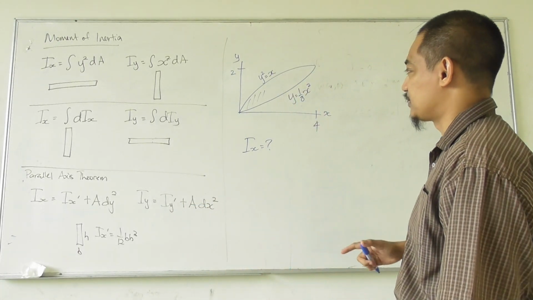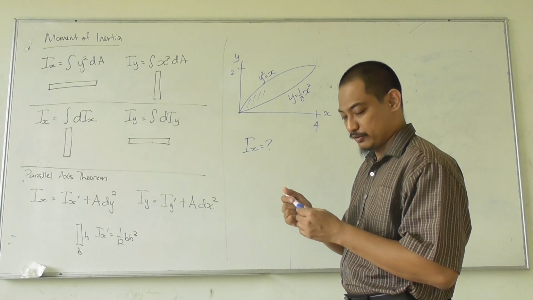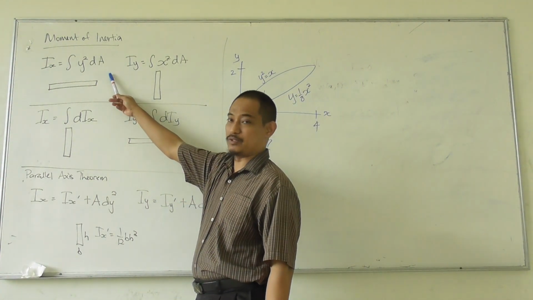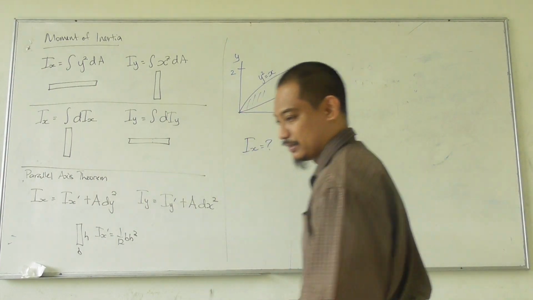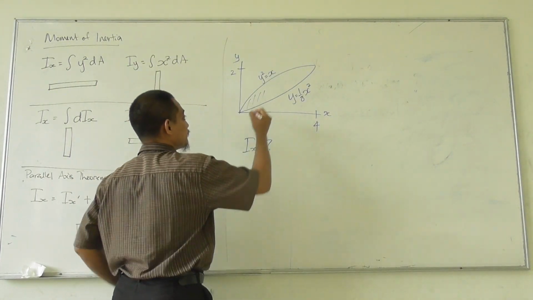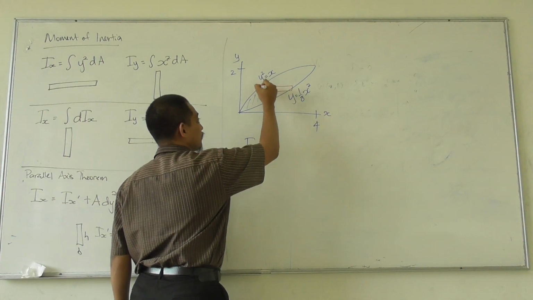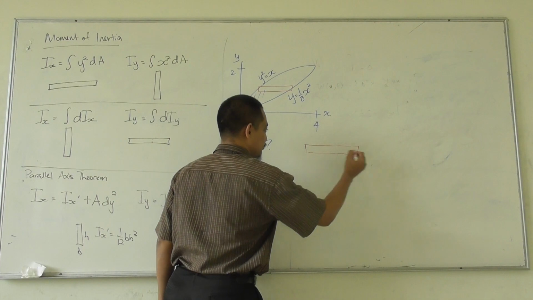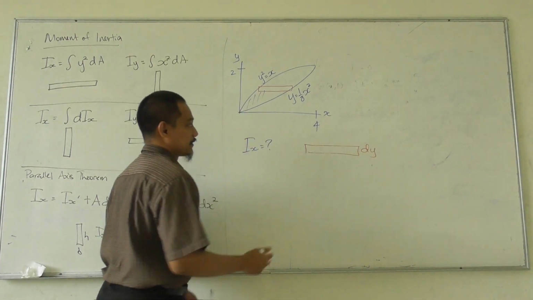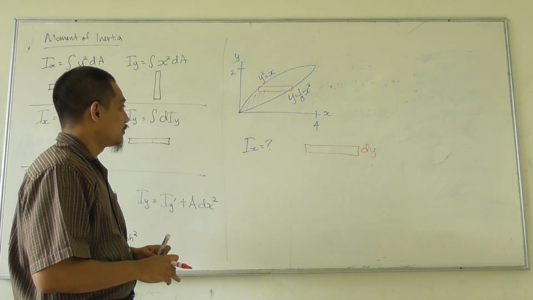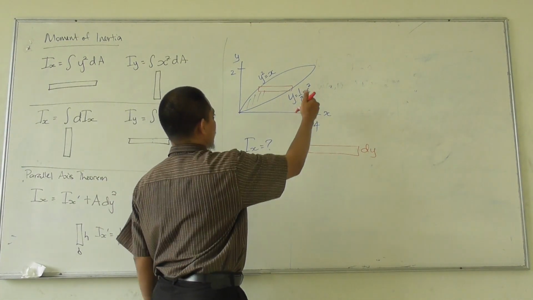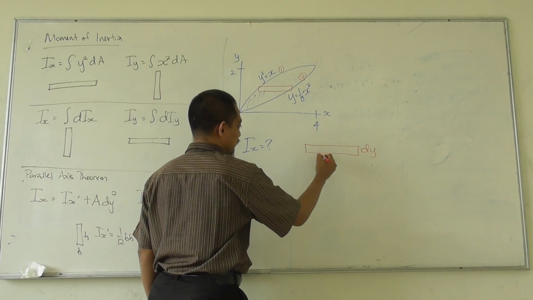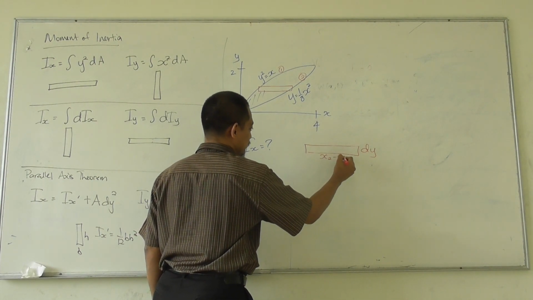Alright. So in this case, not obviously, but after you have done some exercises, you know that the easy one is the normal equation there, right? Meaning the element will be the horizontal element, right? If I take that horizontal element there, this will be dy. What is this length? Alright, so I label this line 2, line 1. So it will be x2 minus x1,